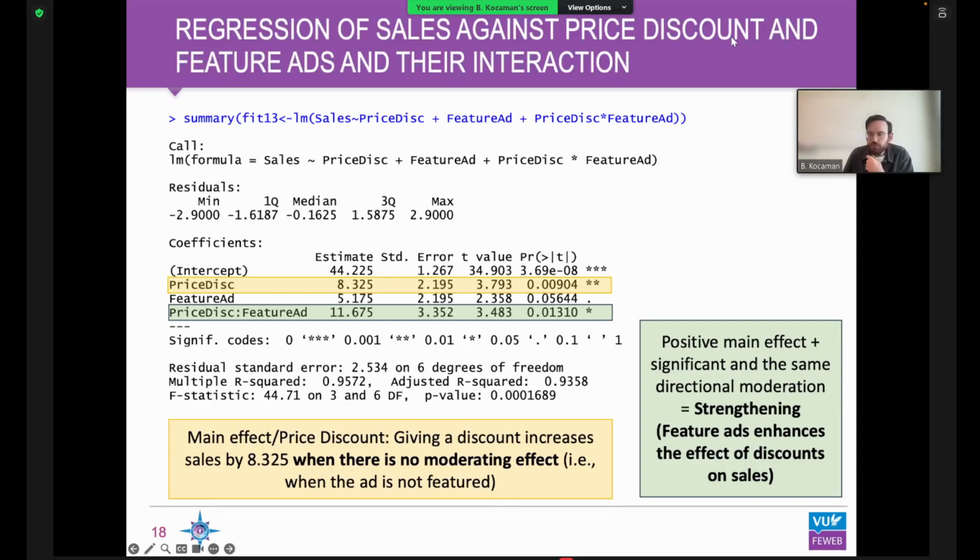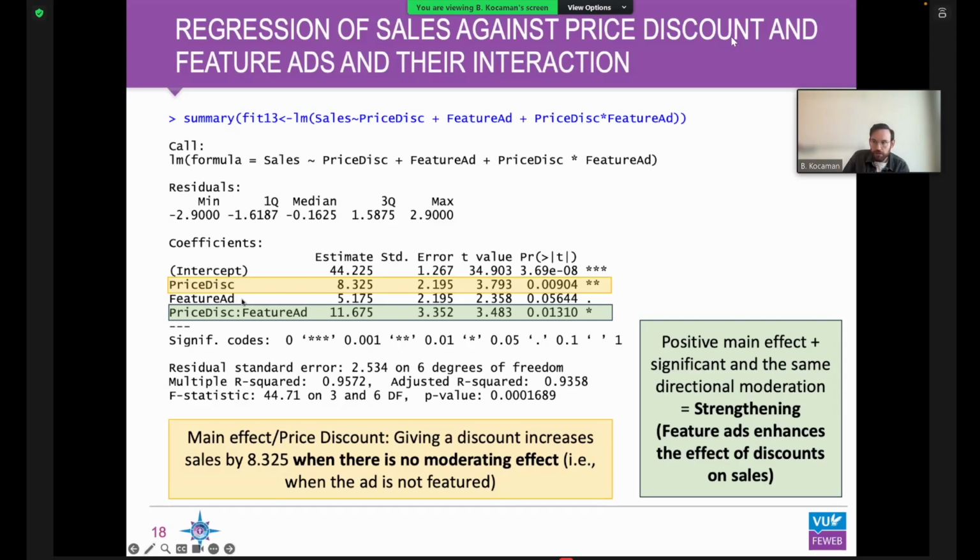The mean in the last case is 44 plus 11. In the last case, meaning this case, if you have both price discounts and feature ads, then you have to actually sum up all of these numbers. But the difference between, for instance, if you have price discount and then you want to understand the effect of feature ads, because that's the moderation,